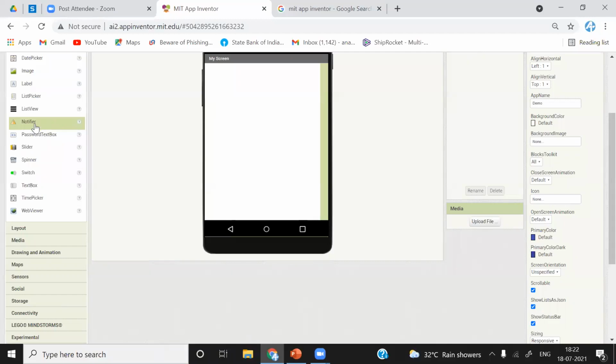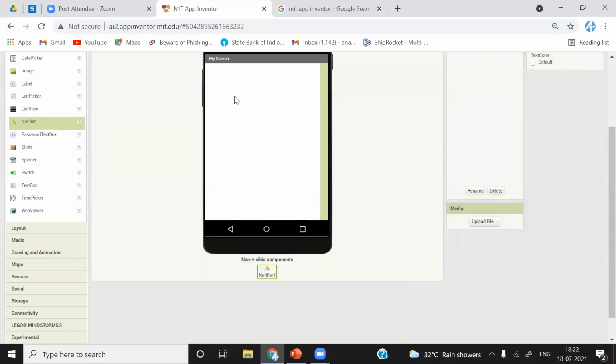Next is notifier. It is a non-visible component. You will not be able to see this component on the screen. Whenever you drag this, it will appear in the non-visible components section. What is the reason we are going to use this? Whenever you want to get some notifications, for example, I give some command to turn on the valve, and you want to get notified from the system.